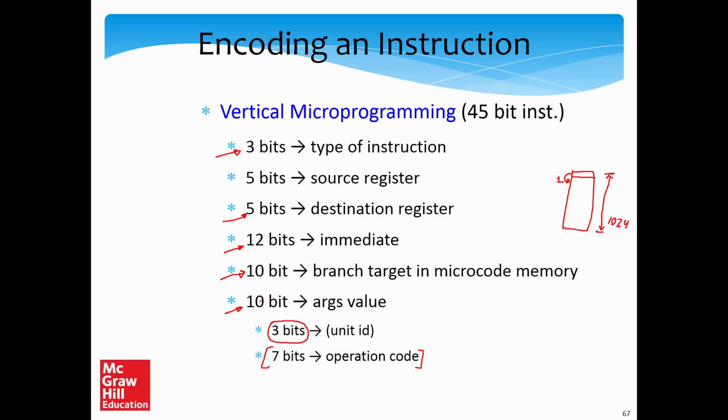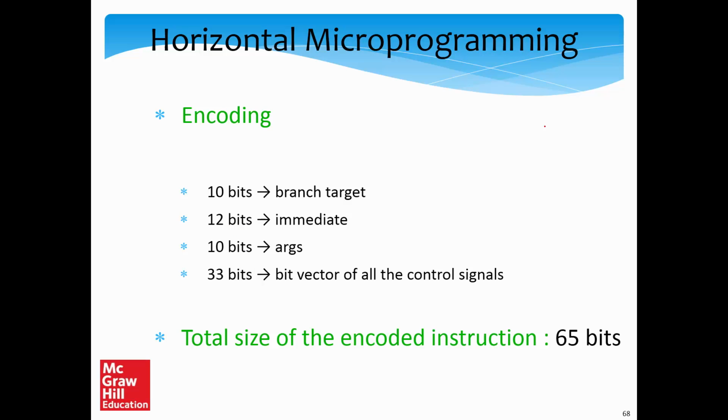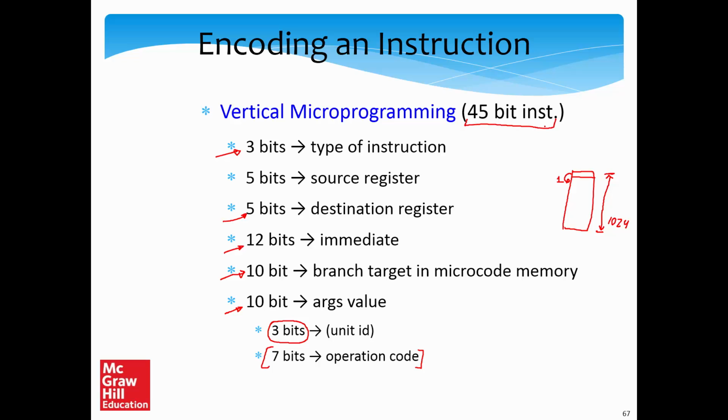So the total number of bits are 10 plus 10, 20, plus 12 is 32, 37, 42, and 45. So this is a 45-bit instruction that we can create, a 45-bit encoding that we can create for every micro instruction. So what is essentially required to process this is actually a processor